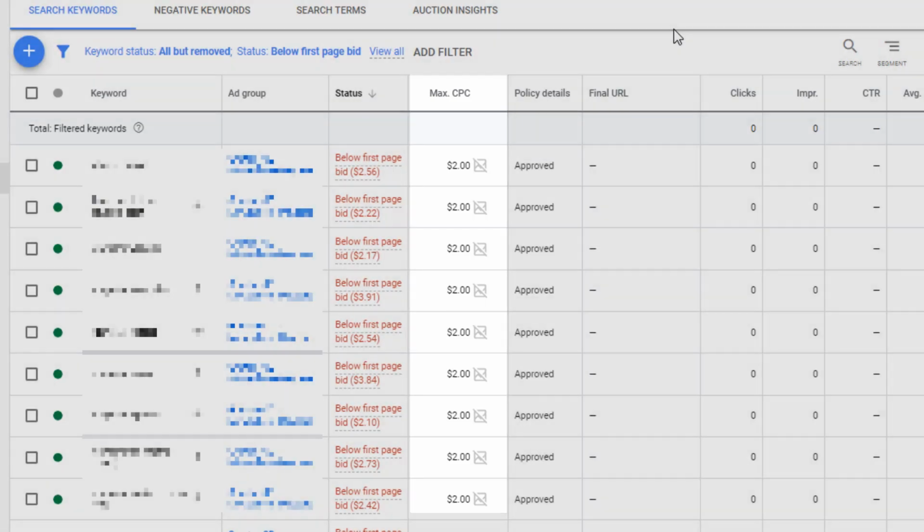maximum CPC. If your nonprofit is in a highly competitive space, you may not get the exact exposure you're expecting to achieve. In this particular campaign that we can see on the screen, I have my bids all set at the maximum of $2. But if we look at the status of each of these keywords, we can see every single one of them is below the first page bid amount. You still might get some impressions here and there, but looking at this particular month, I have no impressions at